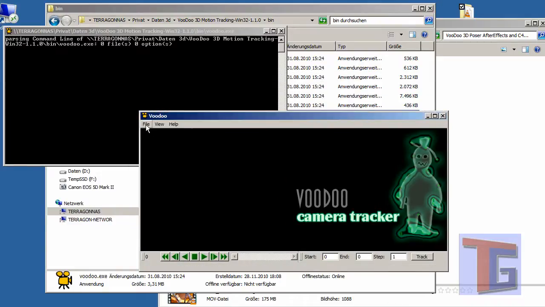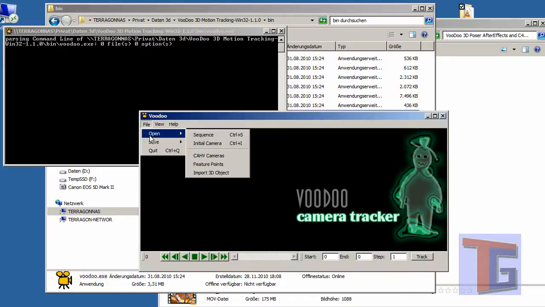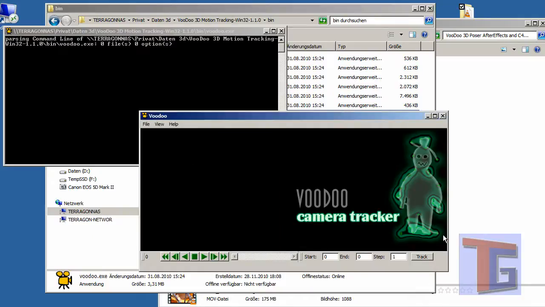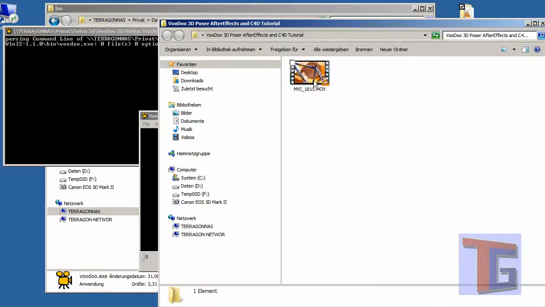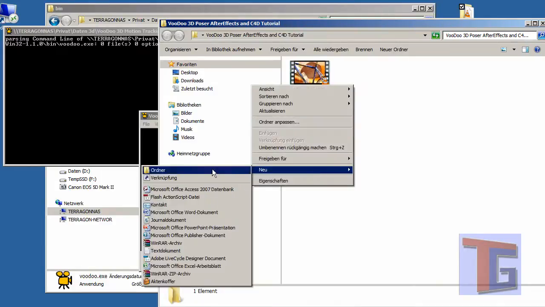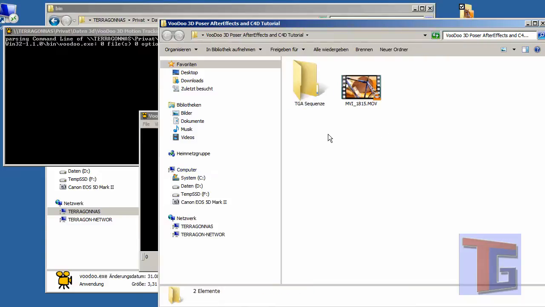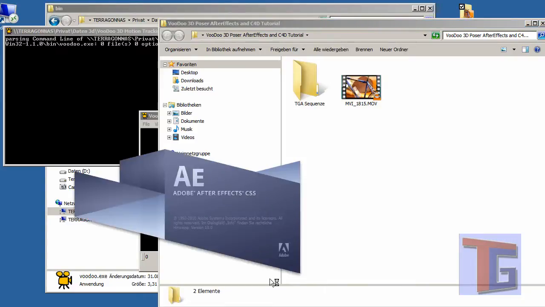And the first thing we can see is that we can open only a sequence, and the sequence will be a TARGA TGA sequence that we have to generate first out of our video here. So we will make a new folder, call it TGA Sequence, and we will bring up After Effects,